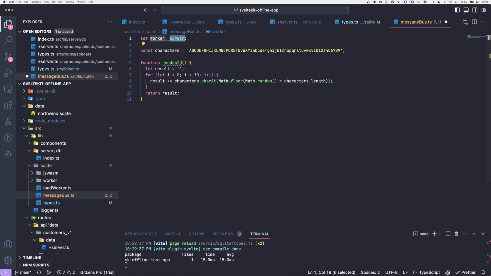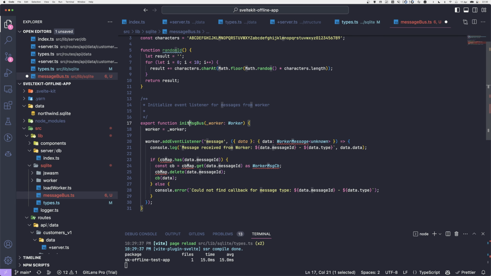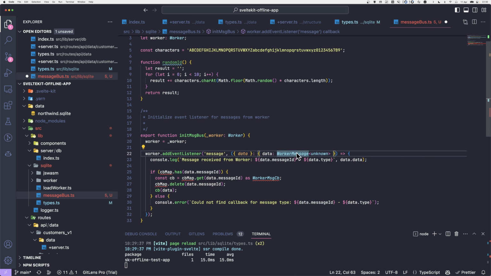So worker of type Worker, and I'm gonna initialize the MessageBus in here, make a function for that where we can pass the worker, and here we do our one and only event listener for the worker, and we get from every response we want to also get this message worker type, and log just which message we do receive, and